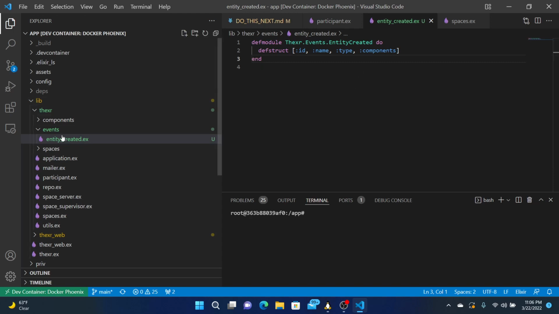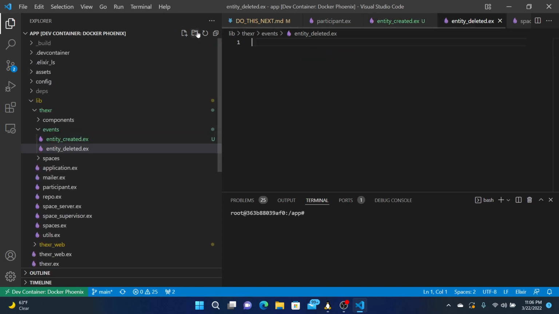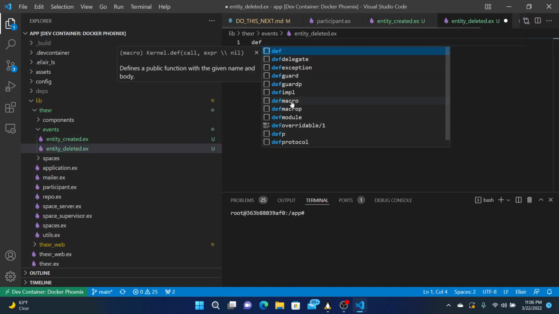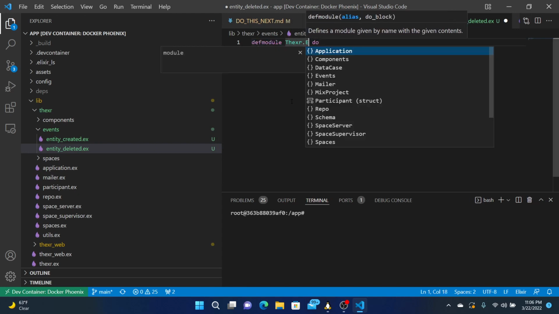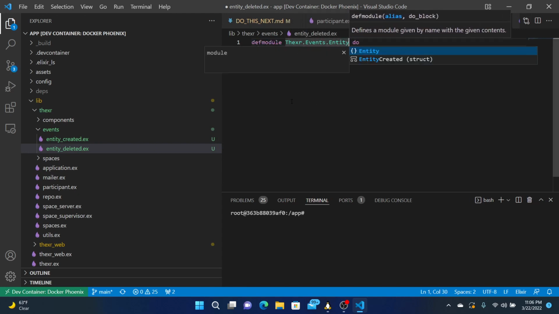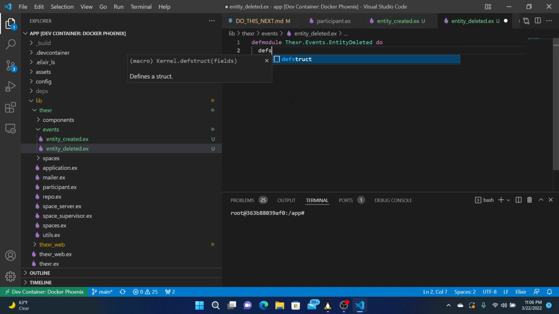Okay, and what else can you do? So an entity can be created. Correspondingly, an entity could be deleted. So entity deleted, and to do this, def module XR events entity deleted. And what would we do here? Def struct.